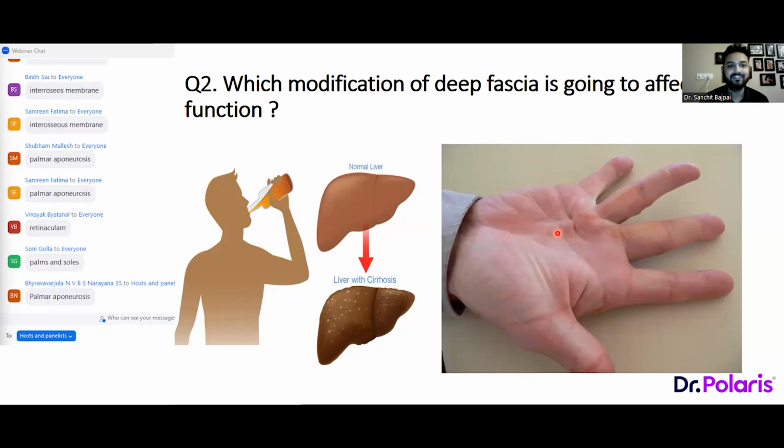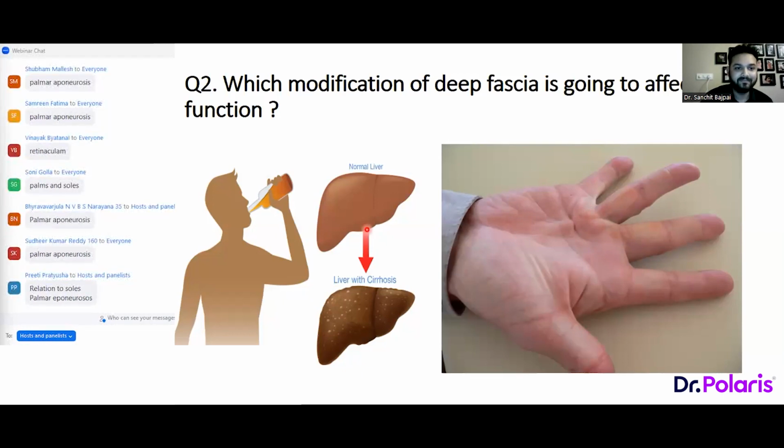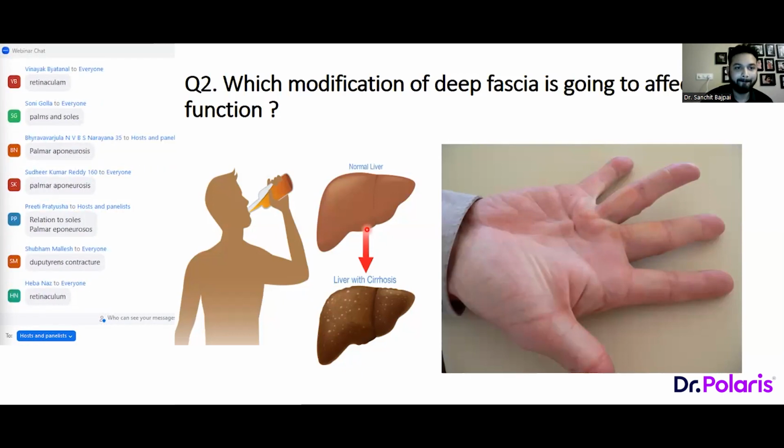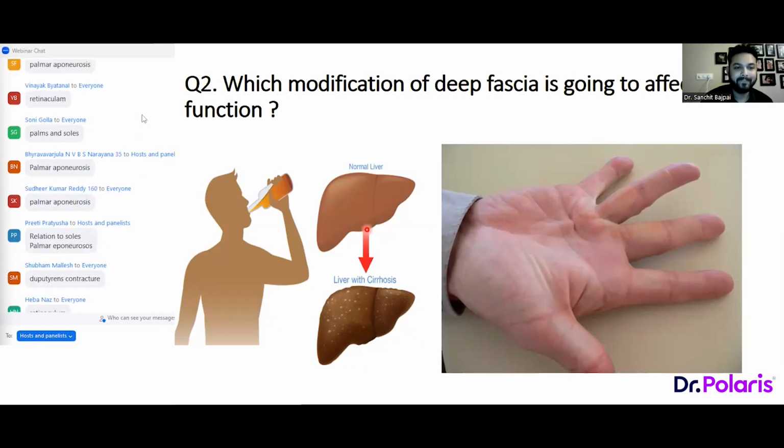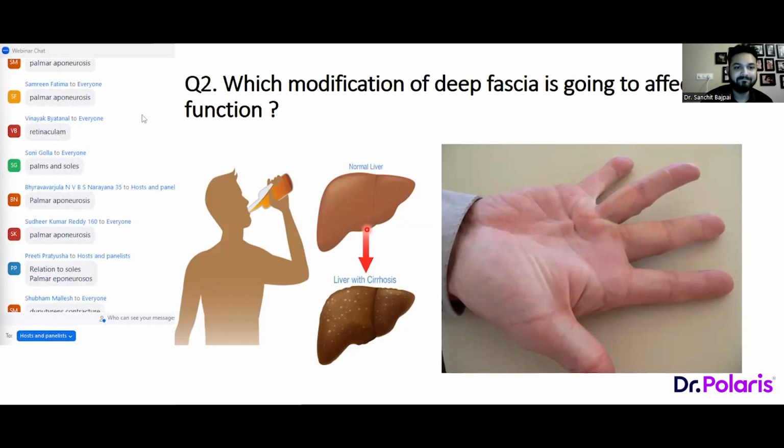Is there an answer? Yes, Shubham has answered first with palmar aponeurosis. Okay. And we have Samreen also answering the same. Following that, we have Vinayak who has answered retinaculum. Okay. So again, Vinayak, retinaculum, when you think of, remember the wrist and the plantar aspect and the part where